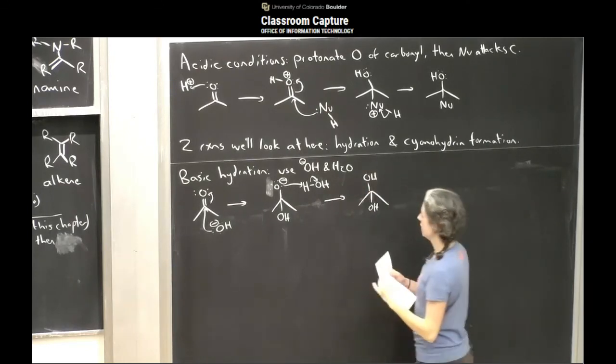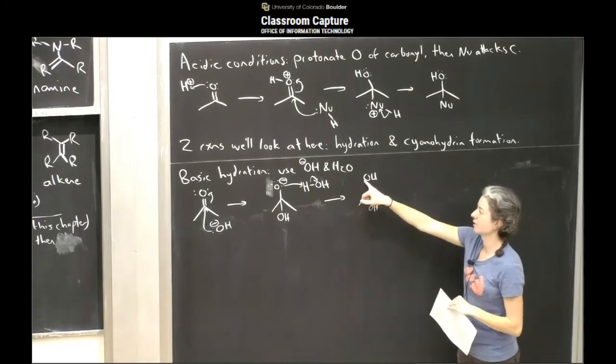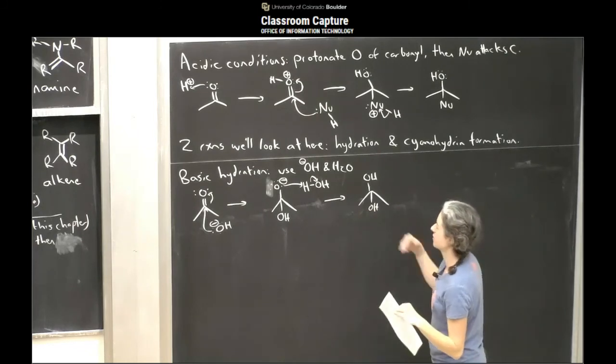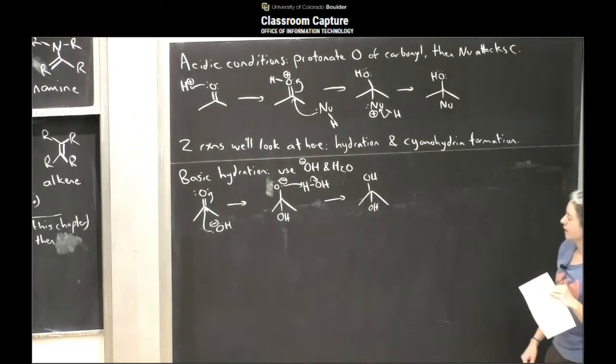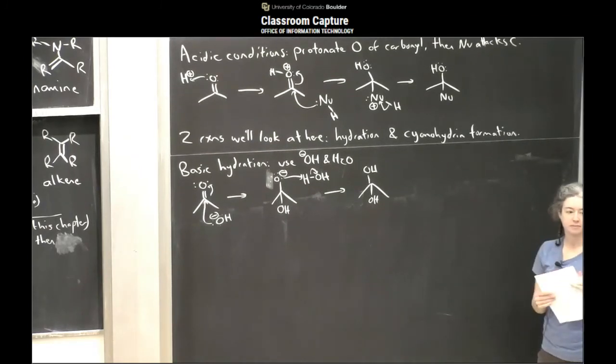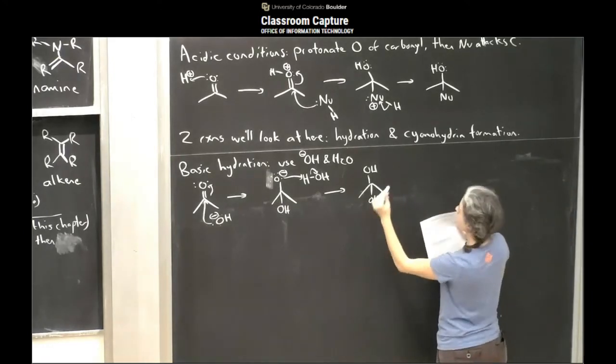Okay, and I'm showing the nucleophile down below the R groups and the original carbonyl oxygen above. You can show it wherever, it's tetrahedral, so it doesn't really matter. Okay, so questions about that one? Okay, cool. So then the acidic conditions one,